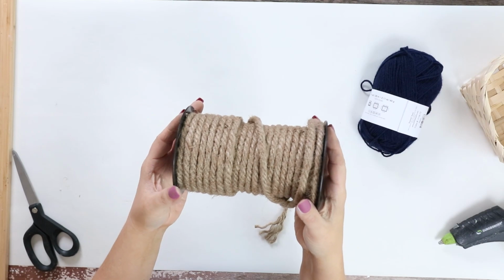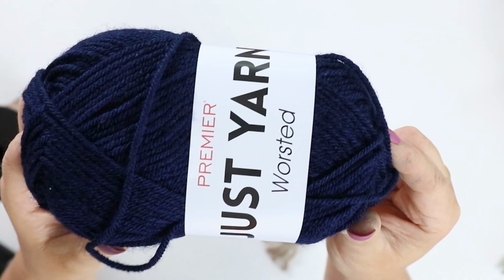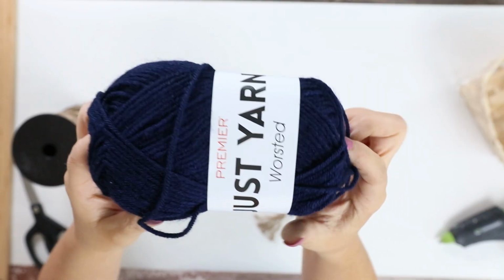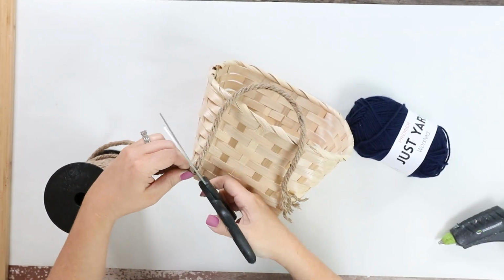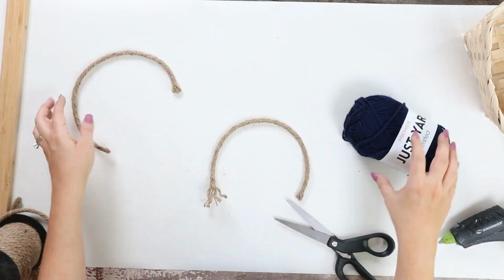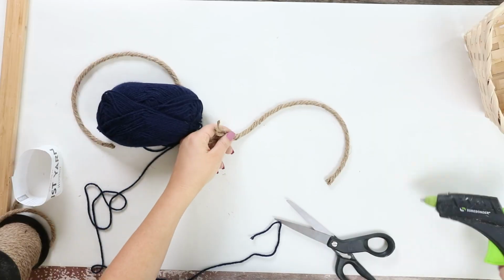So I grabbed some nautical rope, and I also had this really pretty navy blue yarn from Dollar Tree. I hope you guys are able to find the yarn that they have at Dollar Tree now. I'm going to be making handles with my nautical rope. I cut it down so that it would fit nicely on the side of my basket, and then I made an identical piece. Next, I started my yarn up about 2 inches from the bottom of my nautical rope and